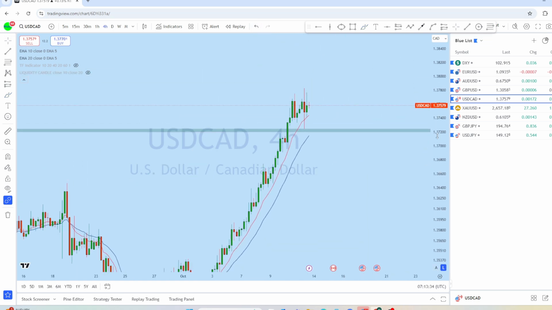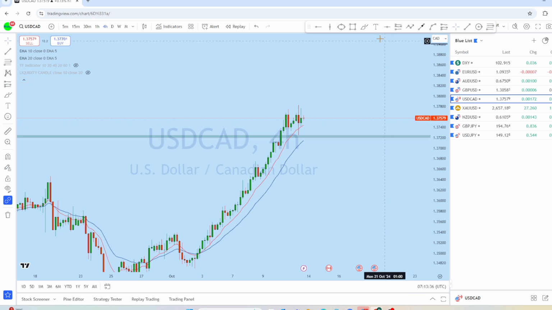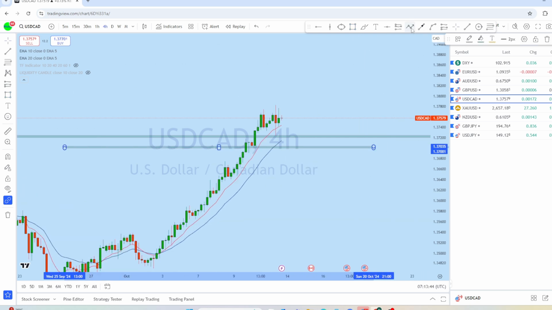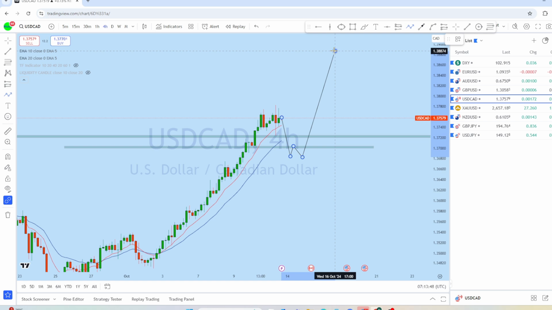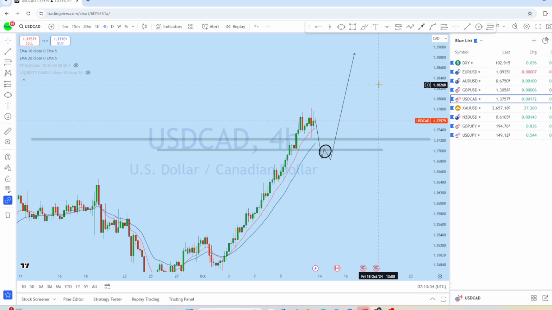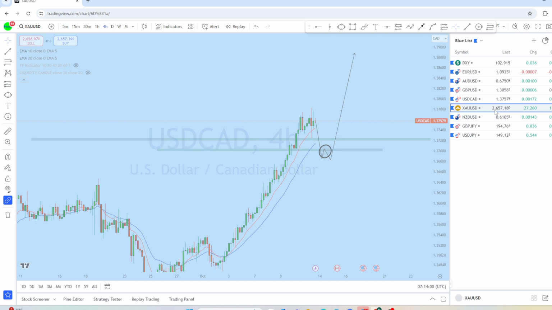And what we can expect in this market is for the price to break below, and if we see a potential break of structure, that could give us a stronger probability for dollar CAD to bounce back up to create a new higher high. So that could be the wave this week on dollar CAD. We will be waiting for an initial break of structure like the DXY and then a potential bullish trading opportunity.